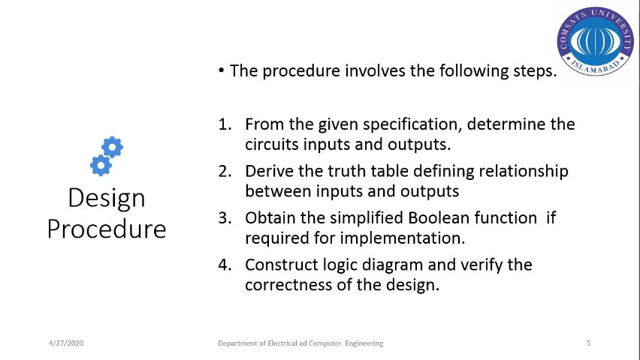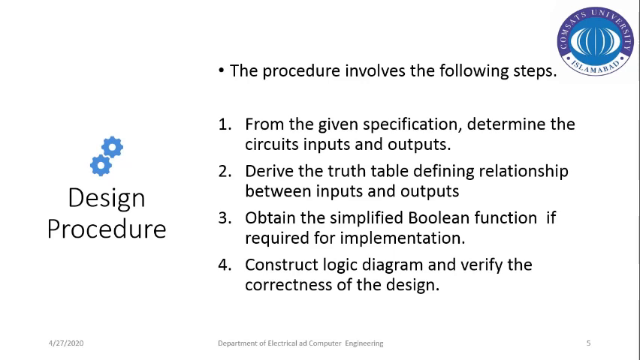So the second step is to derive the truth table. Among these three, the basic step is to derive the truth table, defining the relationship between the inputs and outputs. The third step is to obtain the simplified Boolean function if it is required for implementation. Now, why is the simplified Boolean function important? Because from a designer's point of view, or a scientist's point of view, and I'm referring to computer science students as scientists,